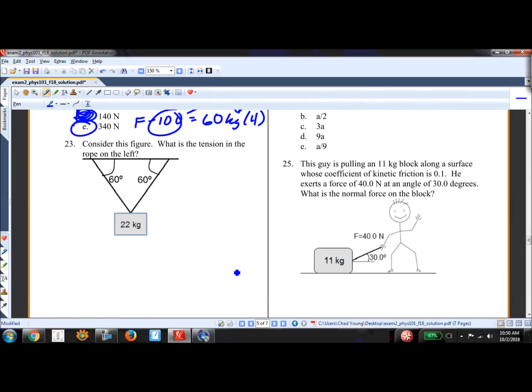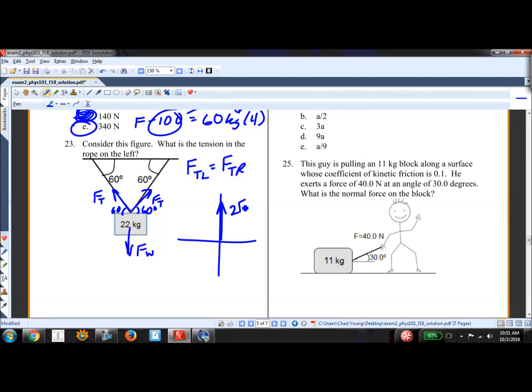What is the tension in the rope on the left? So we've worked through this problem several times. I'm just going to dispense with some of the initial things and say that FTL is equal to FTR, that these two forces here and here are equal, so I'll just call them FT. All right, and then I know I also have the weight here. I know that this angle is 60 degrees, and so I get